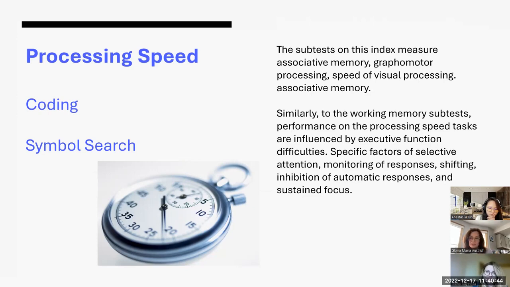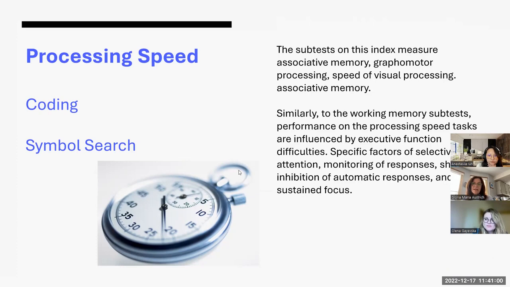So in coding, the student is presented with a row of boxes at the top of the page. On the top of the box, there is a number. On the bottom of the box, there is a figure or a symbol. Each number is from 1 through 9, and each number has a different symbol. Underneath that, there are boxes in rows, and the numbers are on top of the box, but the symbol is missing.